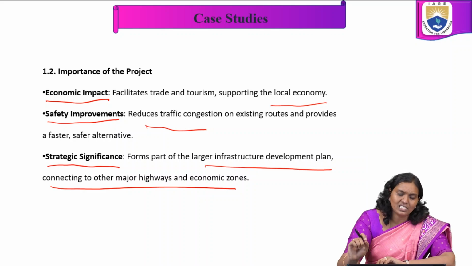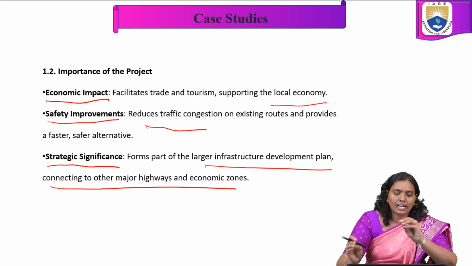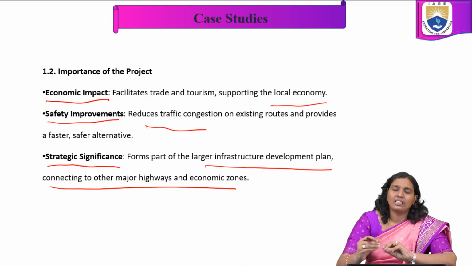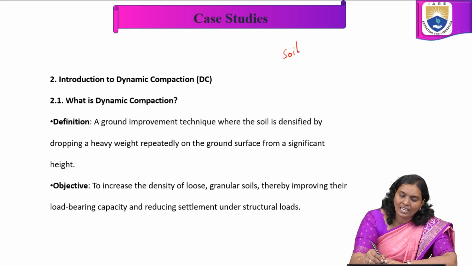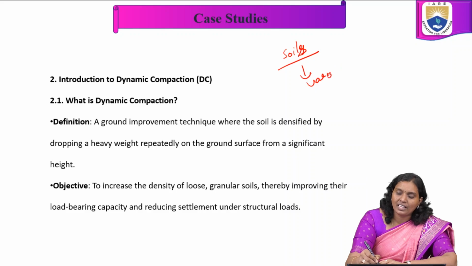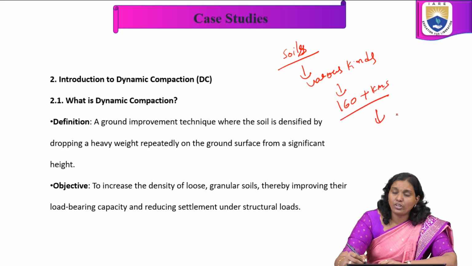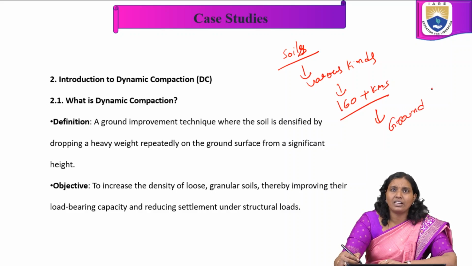And the strategic significance forms part of the larger infrastructure development plan connecting to these major highways and economic zones. For this kind of soil, because of these variations, various kinds of soils are involved in this particular stretch of more than 160 kilometers. So we are going to choose a ground improvement technique widely, because of its versatility and the different kinds of soils involved. That way we are going to choose the ground improvement technique,